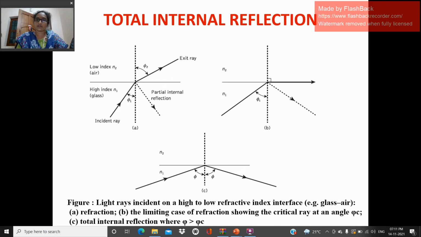Next, clearly see figure C. Here N1 refractive index is there and N2 refractive index is there. What is happening here is that in figure B, the refracted ray which travels parallel to the dielectric material, while increasing the incident angle, gets reflected. Here the term changes from refracted to reflected, reflected into the same medium. That's the reason how total internal reflection is possible.